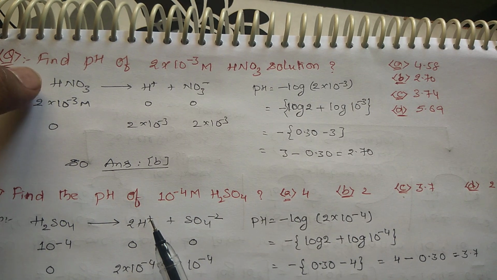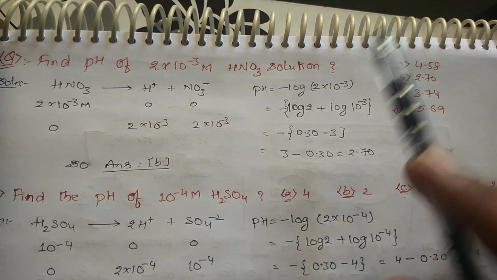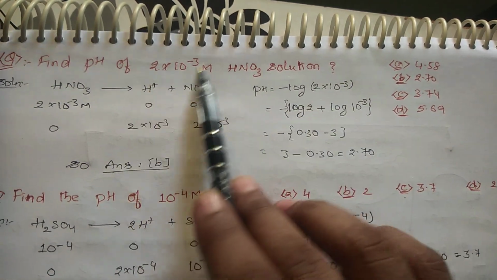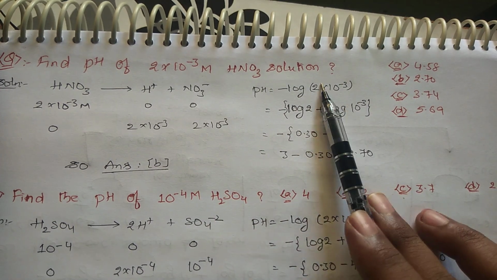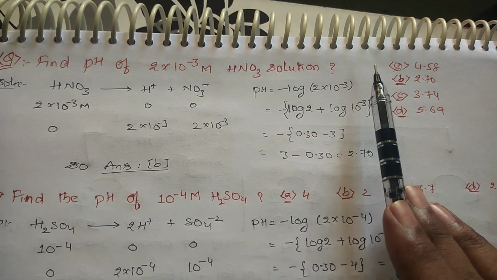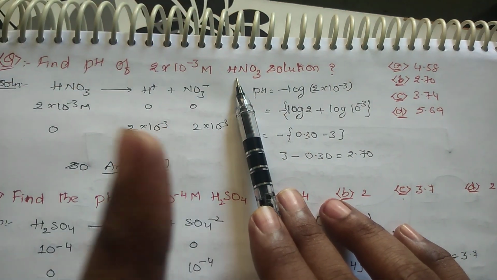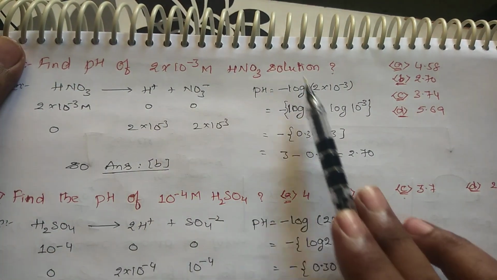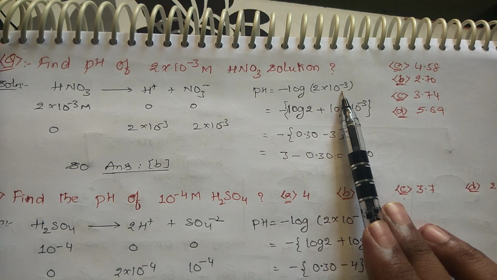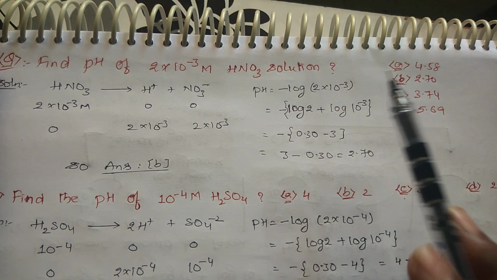Why I am writing in this pattern is because otherwise you will be getting doubts. Sir, you are taking H plus whatever is present here, right? Okay, that is correct only. For monobasic acids, whenever you have only a single H plus, you can directly take this concentration in the negative logarithm of H plus. Okay, that too for strong acids, not for weak acids.